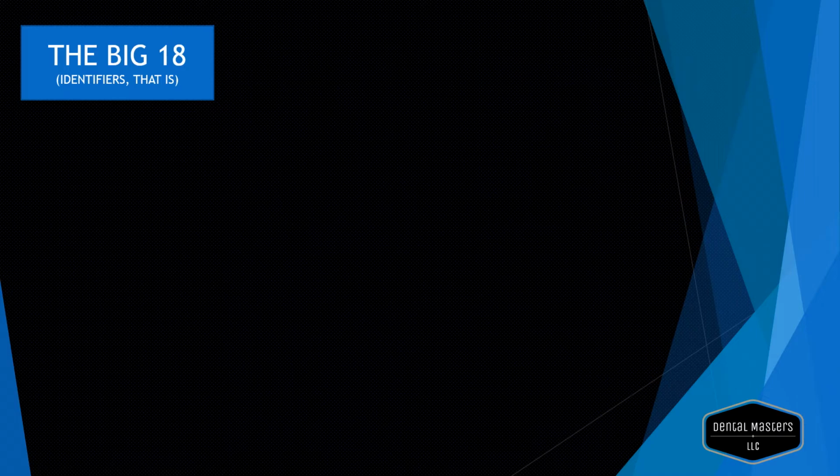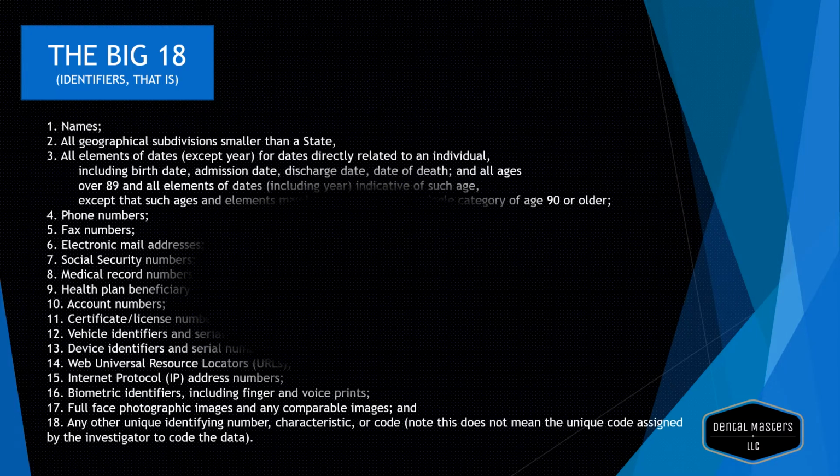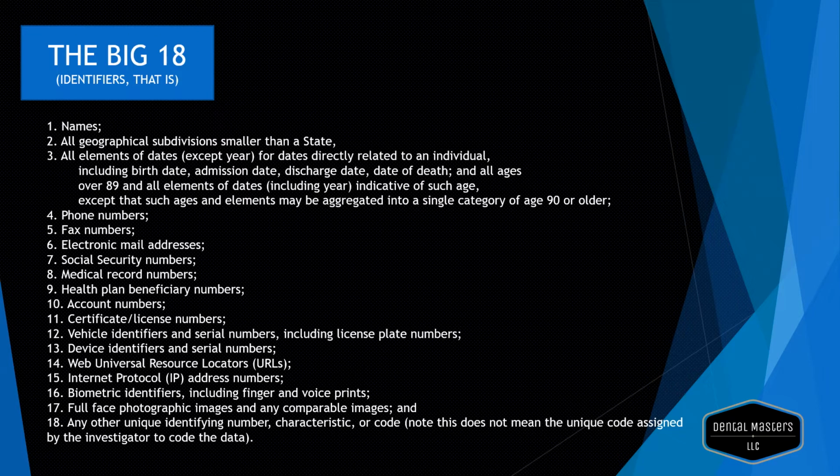The Department of Health and Human Services have come up with 18 identifiers that apply to anybody who is being seen in the practice. Those 18 identifiers are any names, any geographical subdivision smaller than a state, all elements of dates except for the year that directly relate to an individual, which might include their birth date, admission, discharge date, or their date of death, a phone number, a fax number, an electronic mail address or an email, social security numbers, medical record numbers, health plan beneficiary numbers,